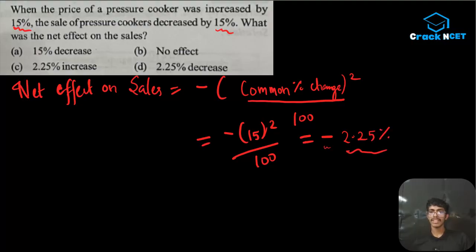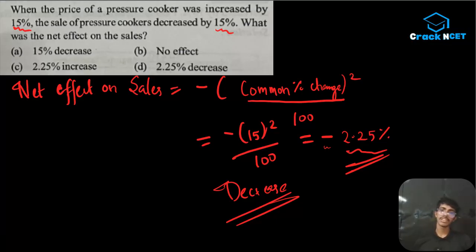And what does this minus denote? Minus denotes decrease. So the net effect on the sales, there is a decrease in the net effect on the sales. ठीक है